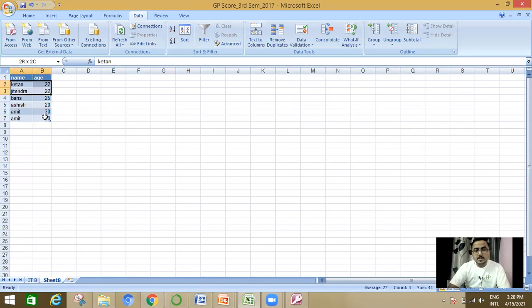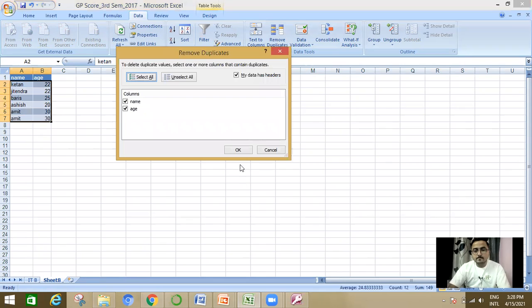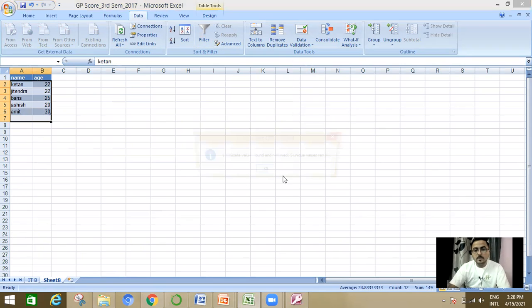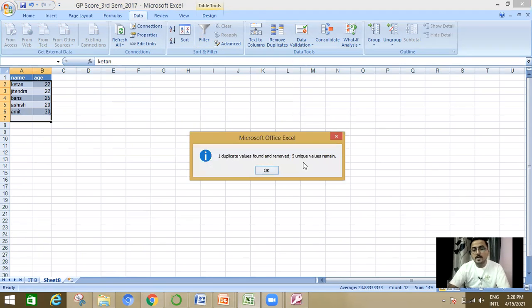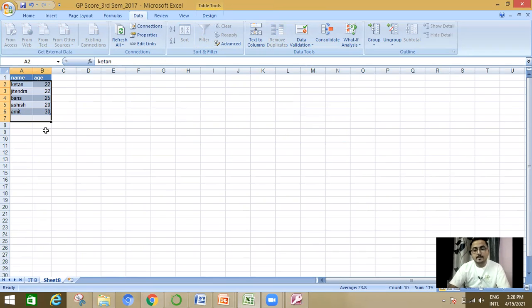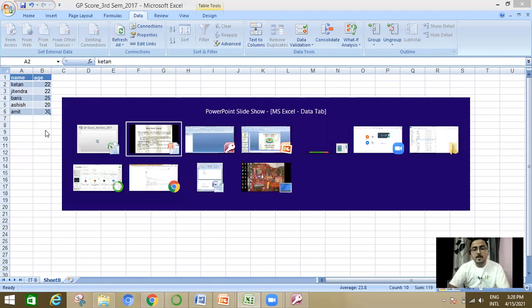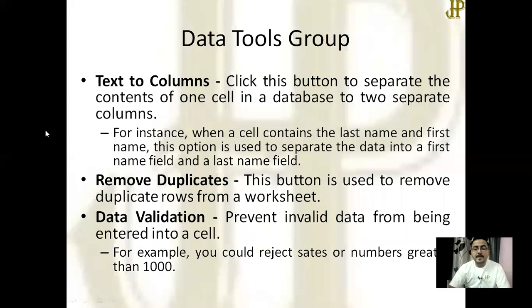Now choose the records, go to the remove duplicates option, click on OK. Here you can see that 1 duplicate value is found and removed, and 5 are unique. So by doing this, you can remove a particular record that has repeated items.